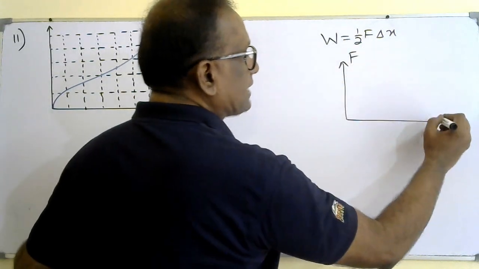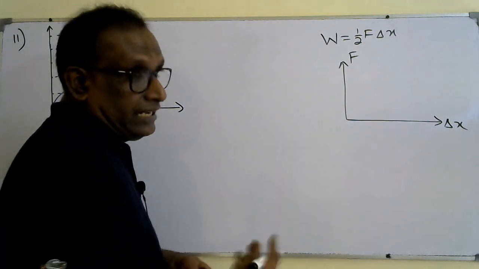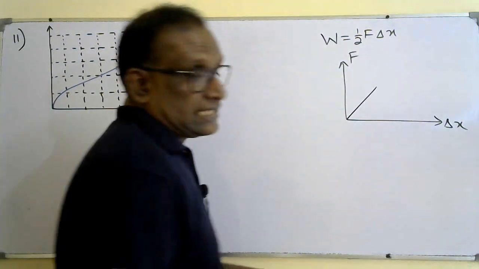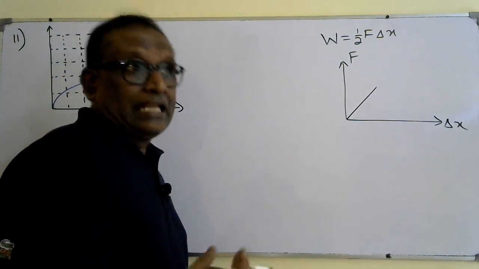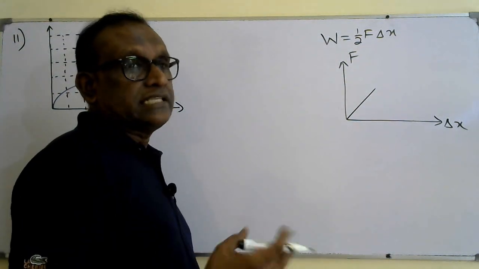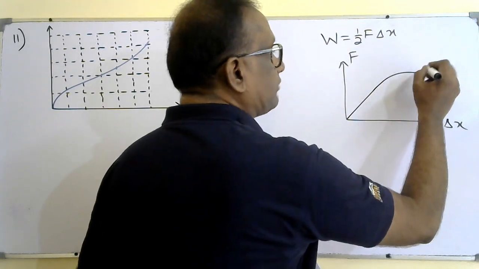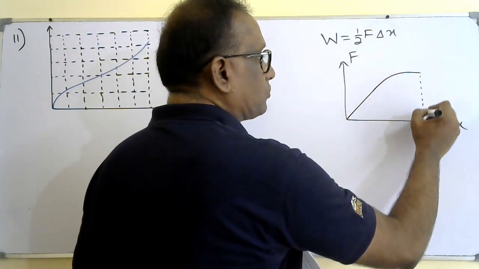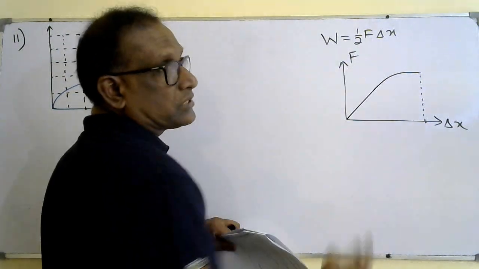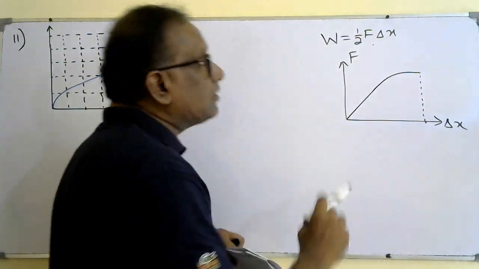But even for metal wires, if the extension passes beyond the limit of proportionality, the point up to which the force is directly proportional to extension, and if they ask to find the work done or energy stored at this extension, you can't use this equation, because it is valid only when the force is